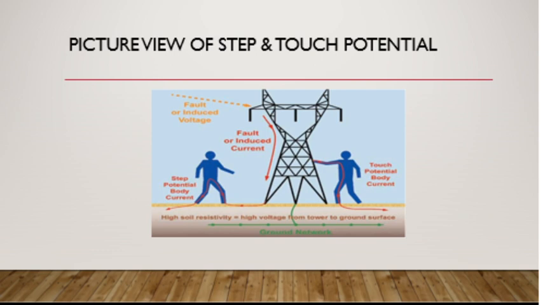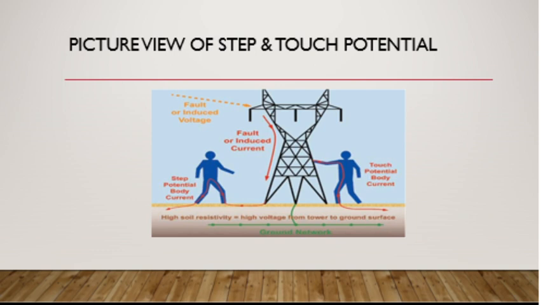As you can see in the downward direction, it is having high soil resistivity, so that current is going to enter inside that ground. You will be having the earthing, but as the resistivity of the soil will be changing, the potential will also be changing. So if you are going very near to that particular earthing tower, even if you are not touching that earthing tower, you can get a shock. How can you get a shock? You can see the left hand side human being: as the current is going inside, it will take the path of the surface of the earth, and it will start entering into the body of a